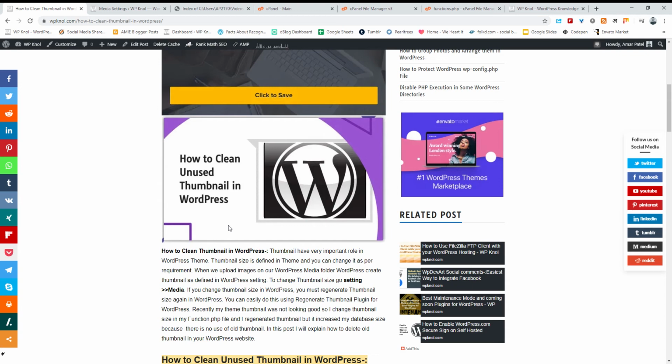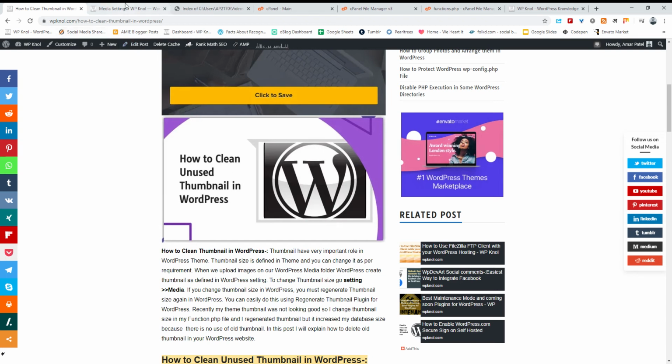For example, when someone shares your post on Facebook, Twitter or Pinterest, it picks up the right image from your media folder, meaning the thumbnail sizes. So if you switch from one theme to another theme, there is no use for the previous theme's thumbnails. So you have to clean those thumbnails to maximize your hosting space, especially if you are using shared hosting.